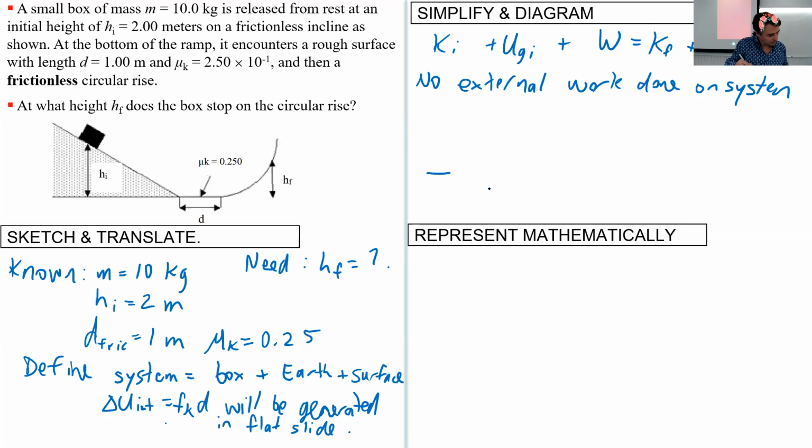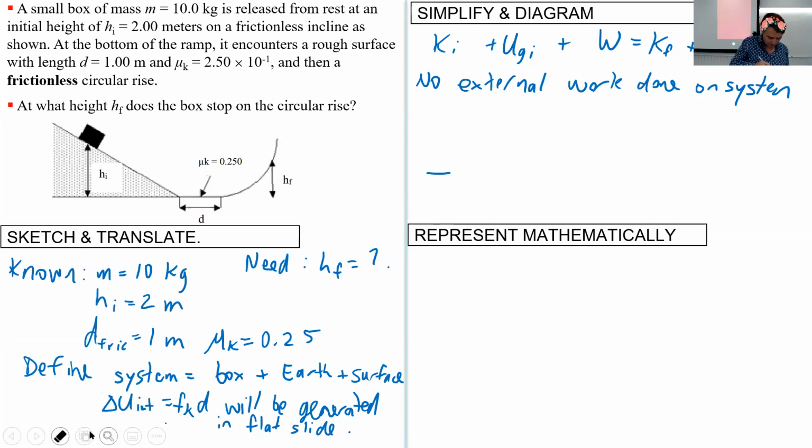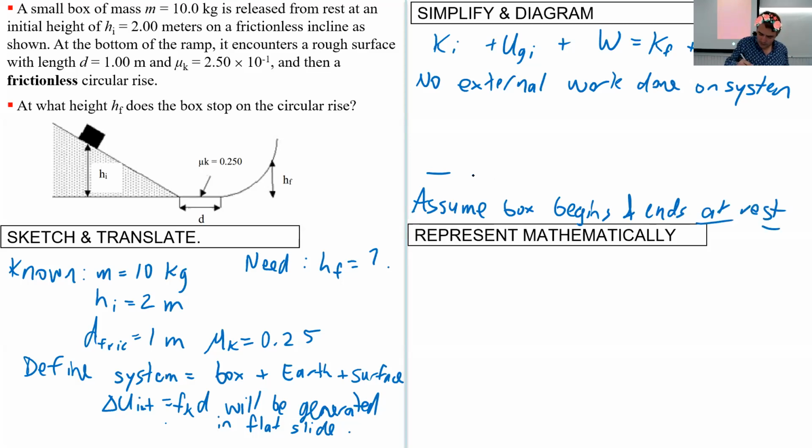I should also say, assume the box begins and ends at rest. So you've got some initial gravitational, which I can make 4 boxes or something, plus